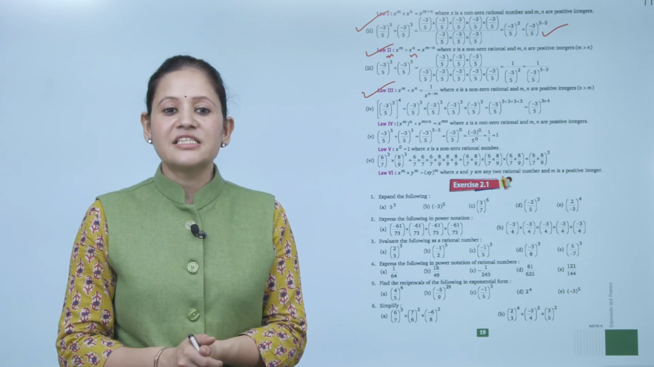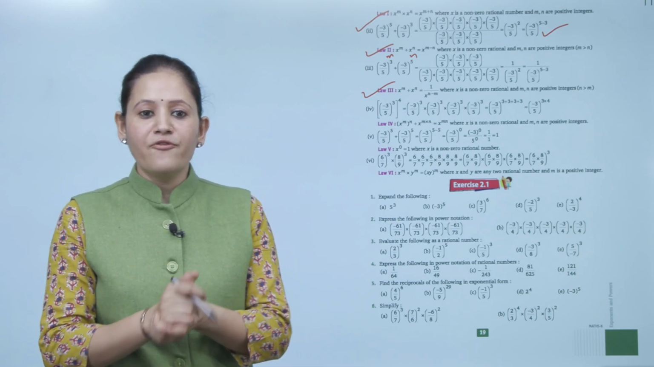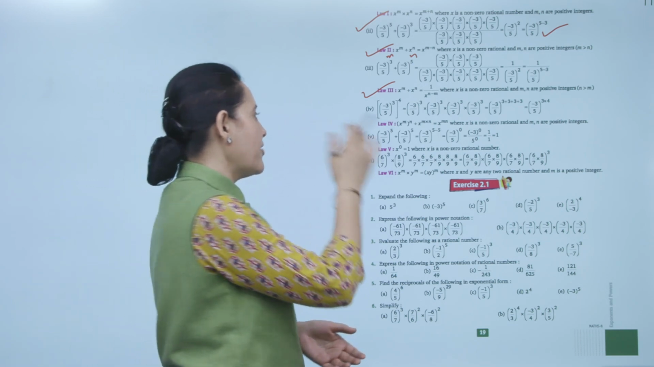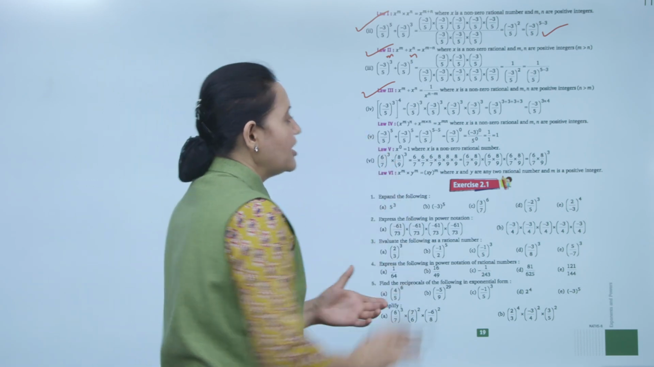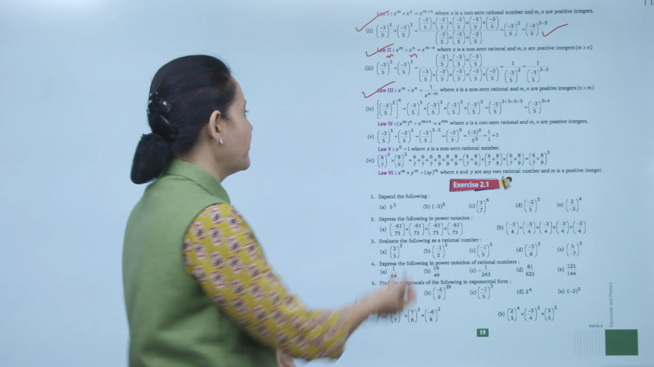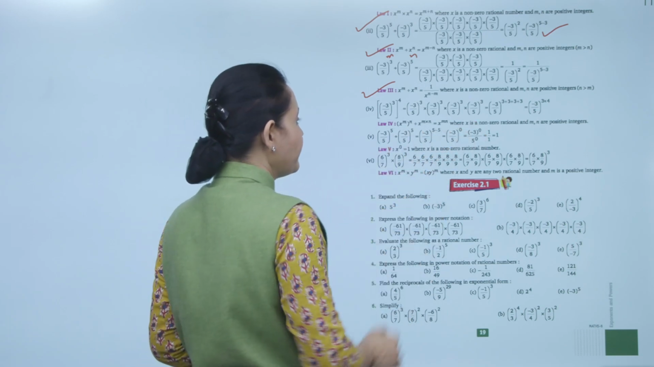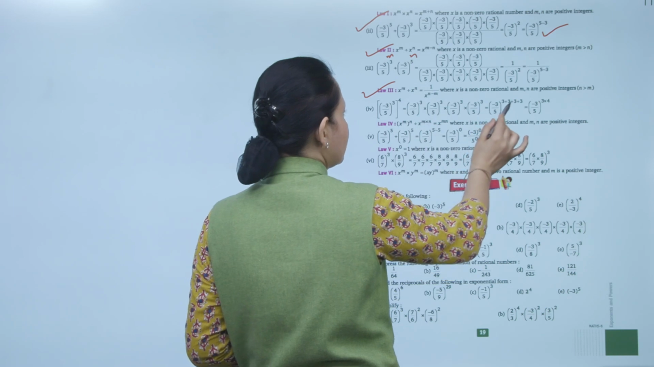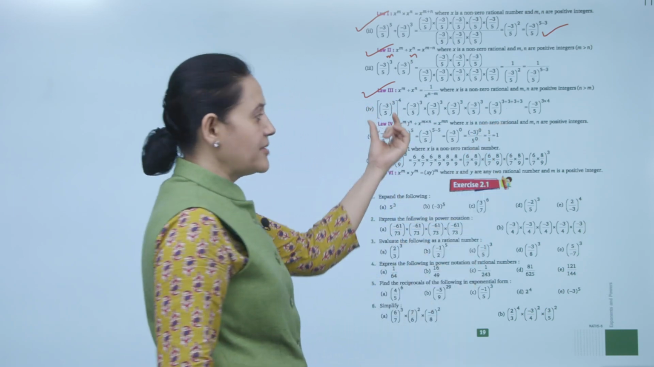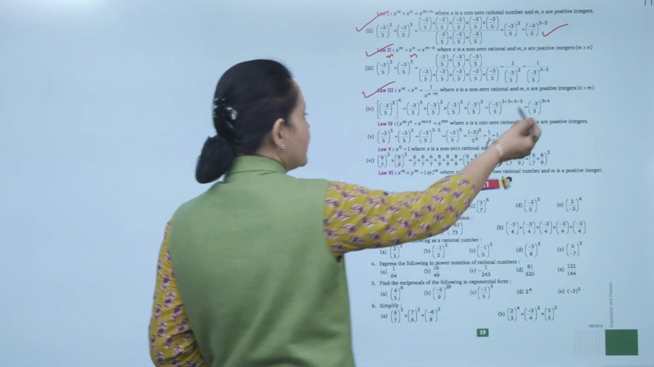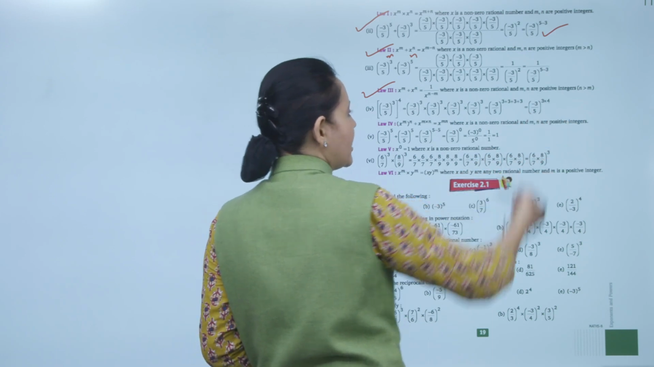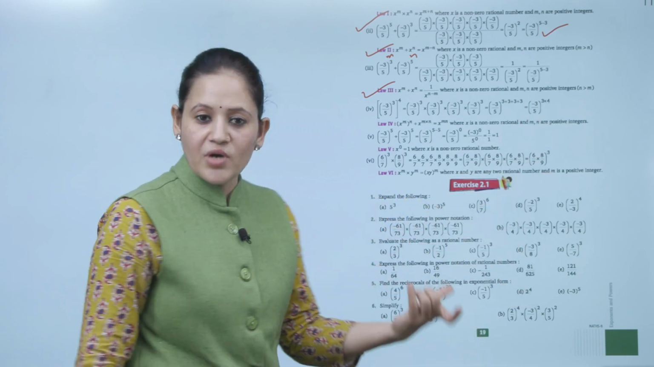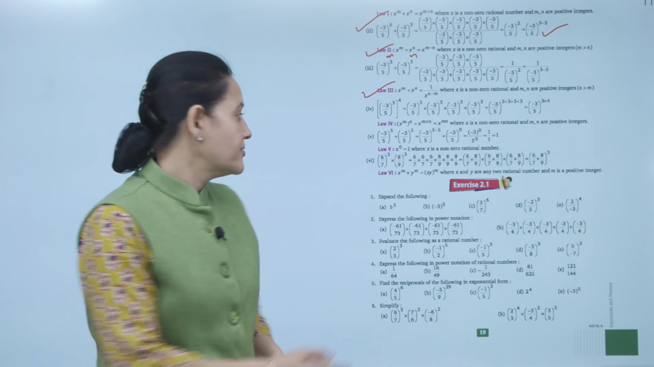Clear? Next is (minus 3 upon 5) to the power 3, whole power 4. So here the powers will be multiplied. We can write it like this, (minus 3 upon 5) to the power 3 plus 3 plus 3 plus 3, or simply we will multiply the powers. So (minus 3 upon 5) to the power 4 into 3, that is 12. Clear? Law 4: